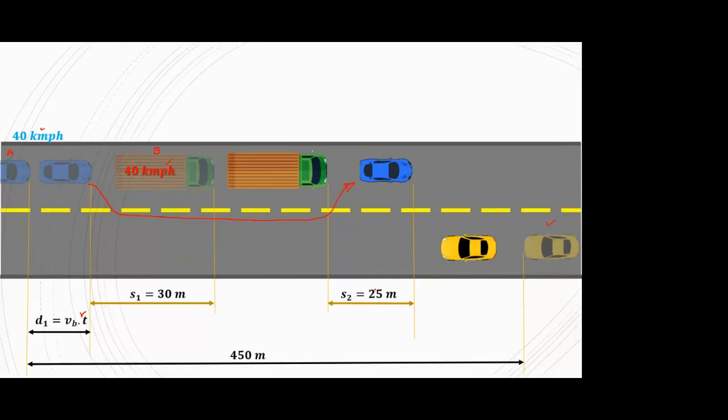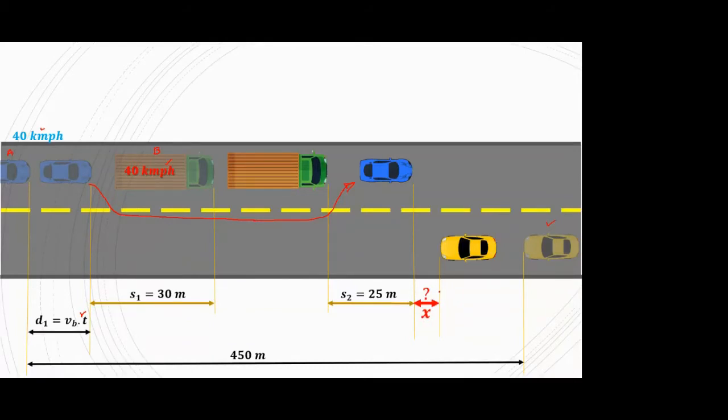Now what they have asked is to determine the distance between the two cars A and C at the instance of completion of overtaking action. So overtaking is completed when car A returns to its original lane, and at that instant, we all know that C is also an oncoming vehicle. It's moving with some speed. So at this instance, when the overtaking operation is completed, they have asked for this distance X,